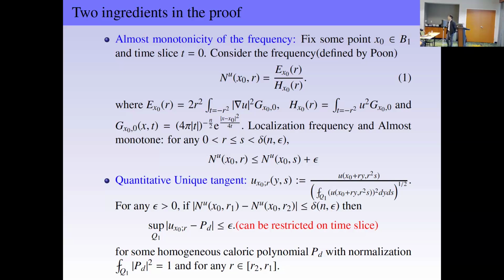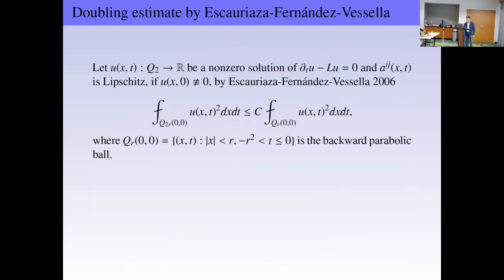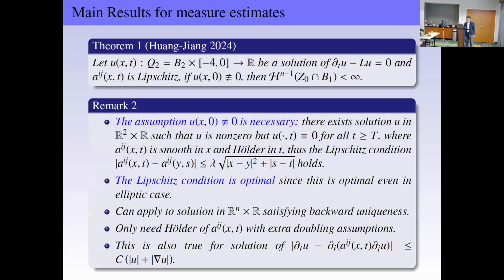In the result of your Theorem 1, why does your nodal set have to intersect the ball of radius 1? This is an interior estimate, not a boundary one. But will it directly give you that the dimension of the nodal set is at most n-1? This is for any interior ball. Oh, okay. I see.